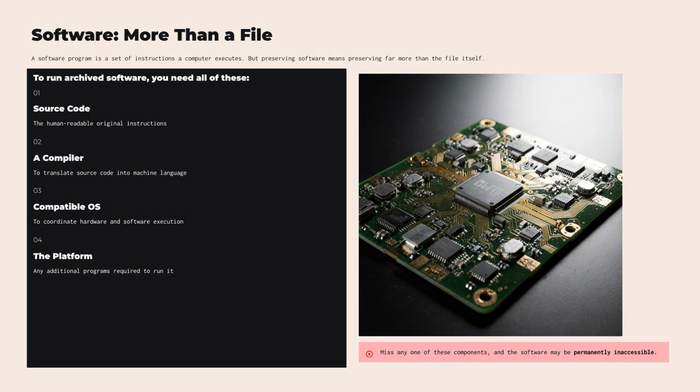A software program is, at its most basic, a set of instructions a computer follows. But here is the thing. Those instructions only mean something in a very specific context. They require a particular operating system. They may require a particular version of that operating system. They may require other programs to run, and they require hardware that can execute them. This is what Leggett calls the dependency problem,